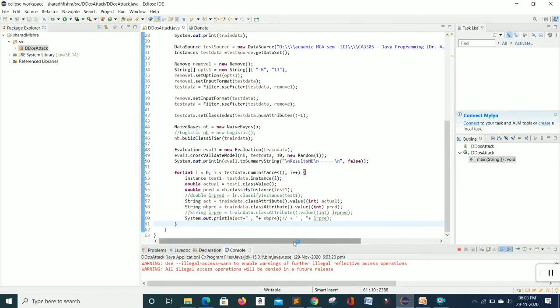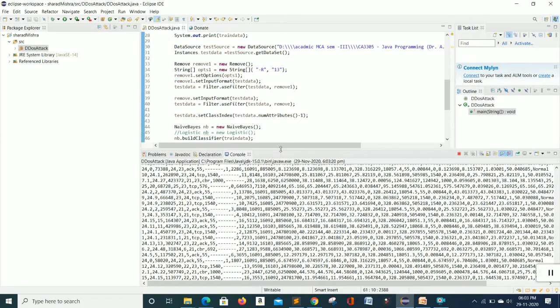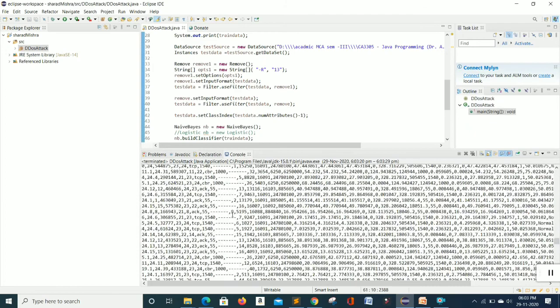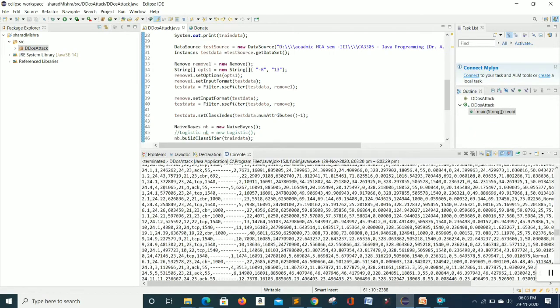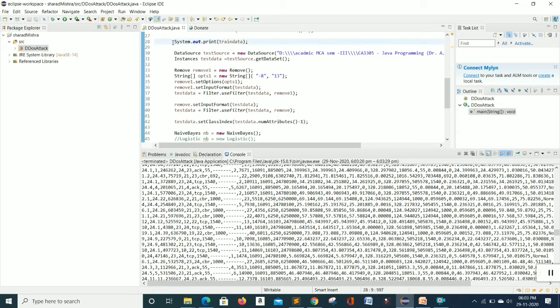Here is a long output. This output we hide. We can put the comment line on the train data. Then we can see the shorter output.